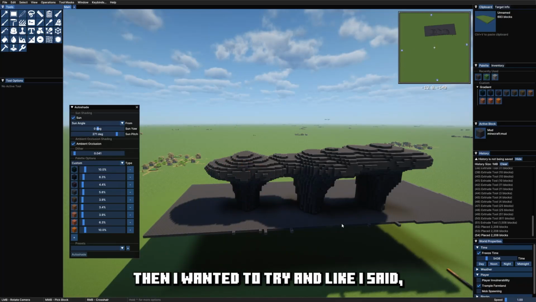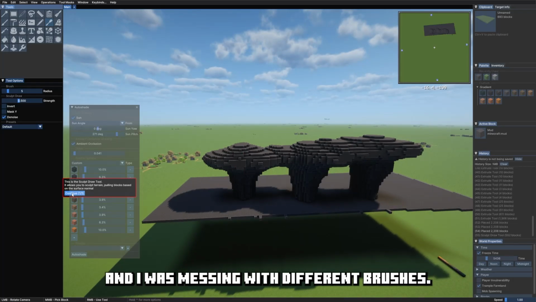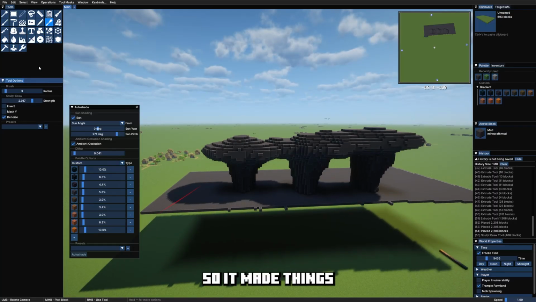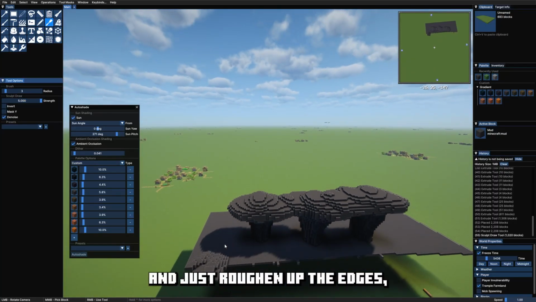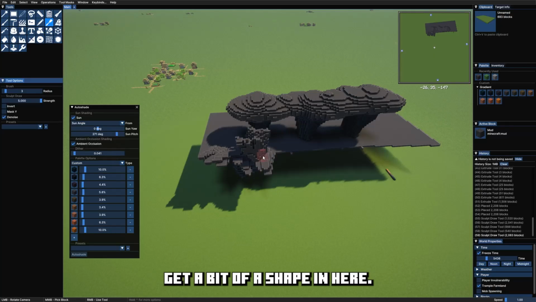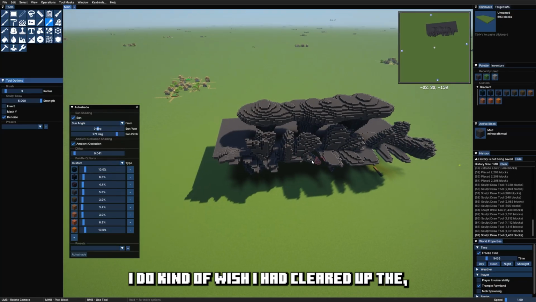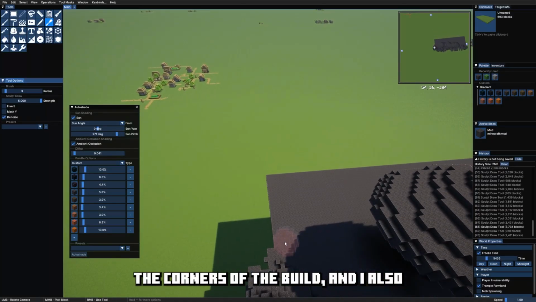Then I wanted to try and, like I said, I wanted it a little more organic, and I was messing with different brushes, and I really like how this would make a variation in the angle. So it made things rigid, made things a little spiky, and I could kind of go around and just roughen up the edges, get a bit of a shape in here. I do kind of wish I had cleared up the corners of the build,